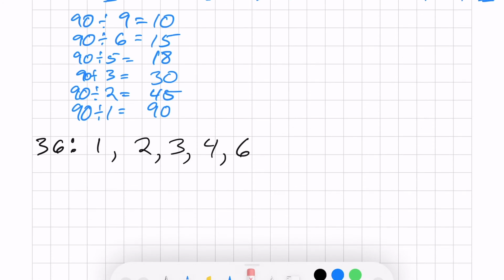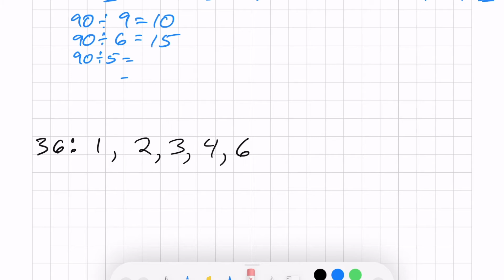Okay, so now we're going to look at 36. And I'm going to delete some of this so that I have some space. Here we go. Okay, so again, remember numbers are paired by what multiplies to 36. So pause the video and you're going to do this by yourself. So how can we find the other factors? Well, there's a couple of ways, right? I could have gone